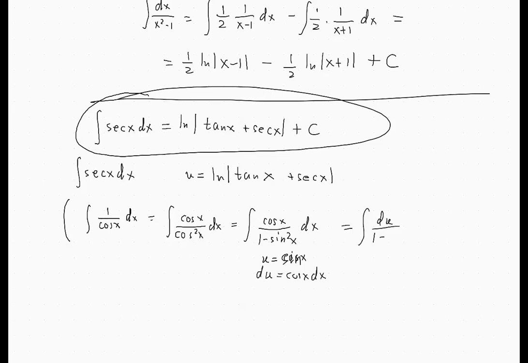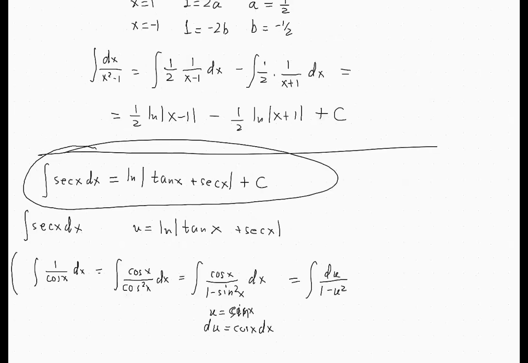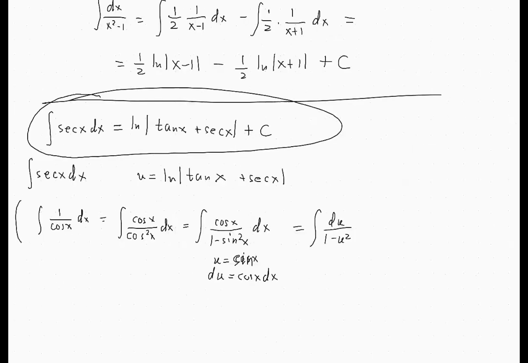Which is pretty much the integral that we just found, right? So we have it up there. That was u squared minus 1. So, why don't we do it after all? Why don't we finish it? So since this is minus the integral of du over u squared minus 1, I can now copy it, and this will be negative 1/2 ln of absolute value of u minus 1 minus 1/2 of ln